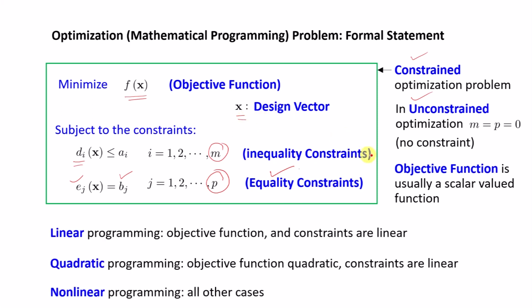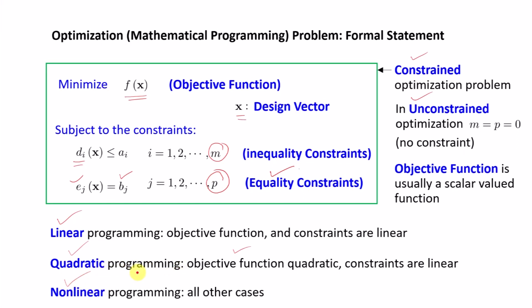Now, depending upon the nature of the objective function as well as the nature of the constraints, there are different types of optimization problems available. One is linear programming, where both objective function as well as the constraints are linear. The second type is quadratic programming, where the objective function is quadratic, but constraints are linear. You may have this kind of situation many times in, for example, a regression problem. And third is all other cases where at least some of them will be nonlinear, and that is in general